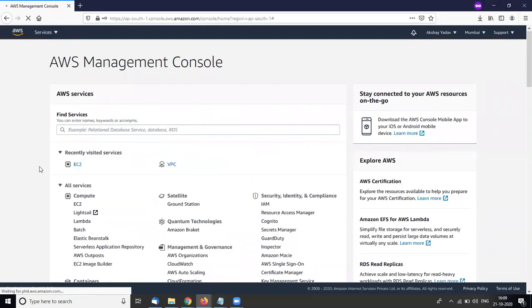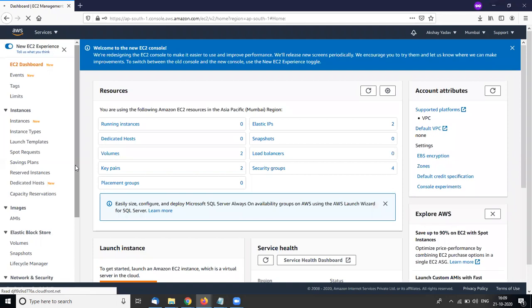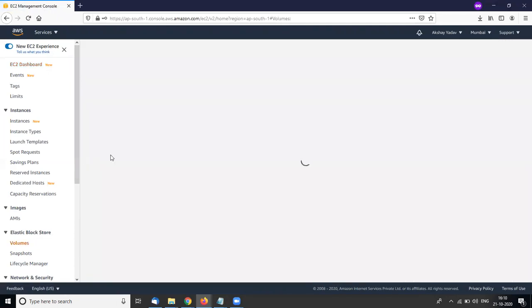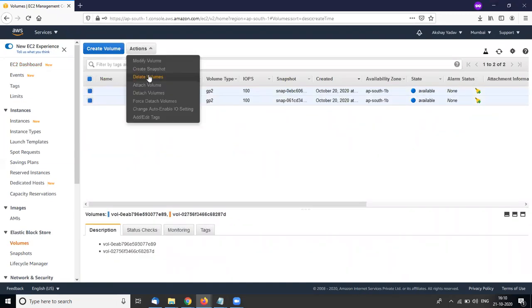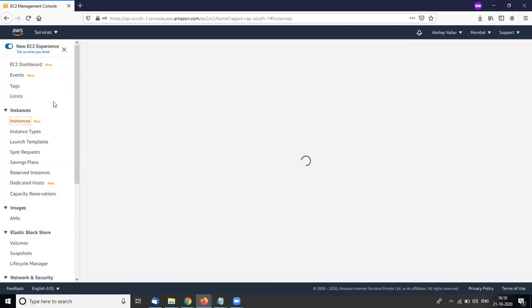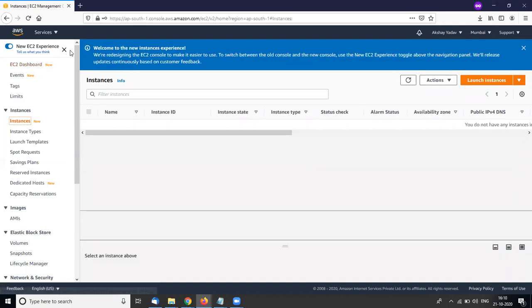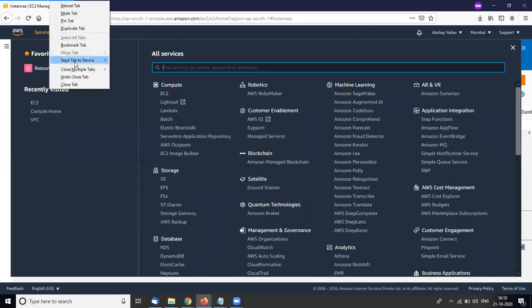So in my EC2, I have no running machine right now, and a volume is available. I am deleting my volume, which is of no use to me. Now I'm going to visit VPC.